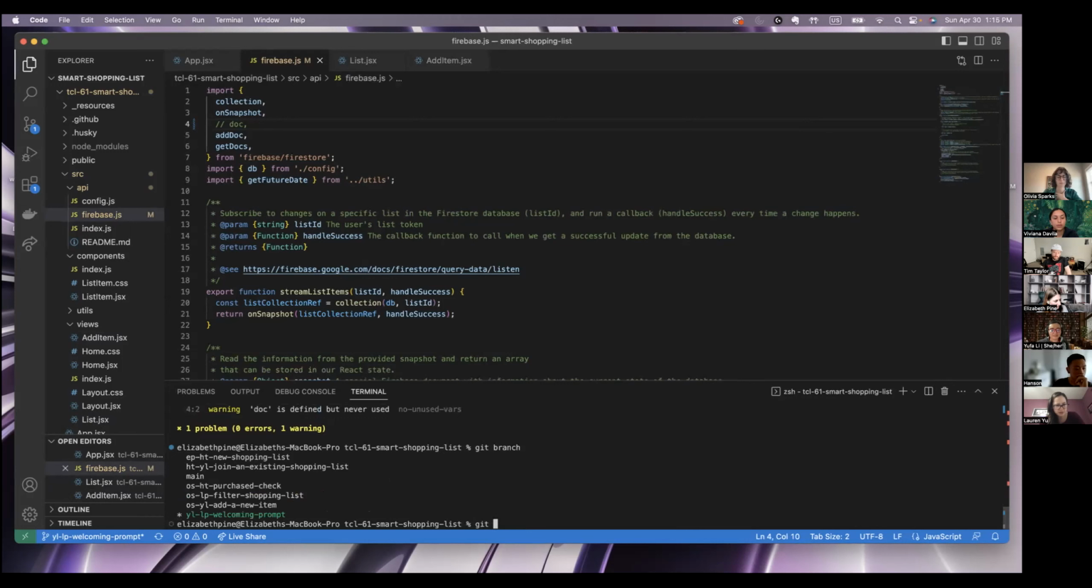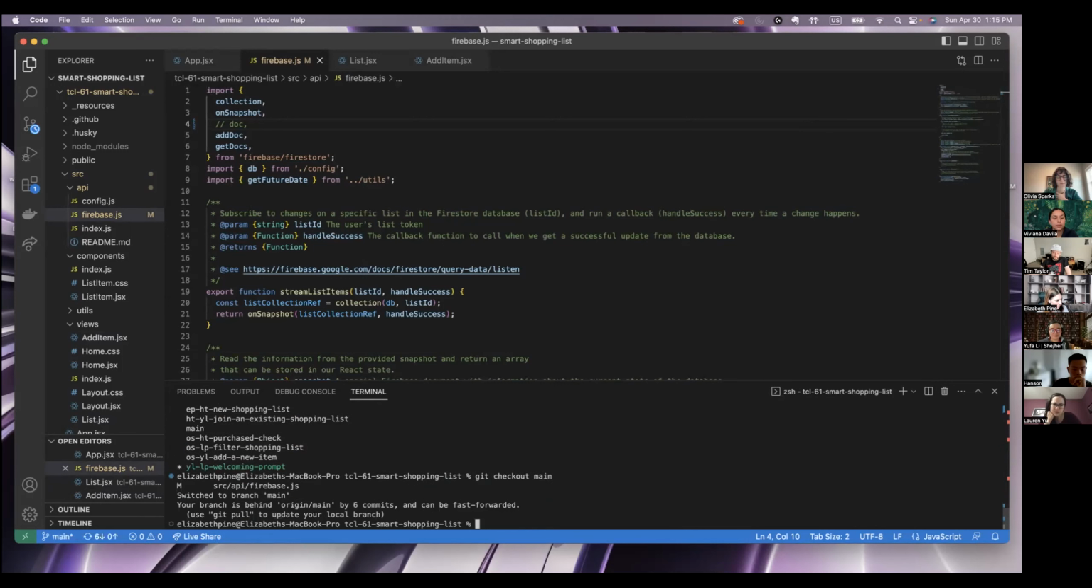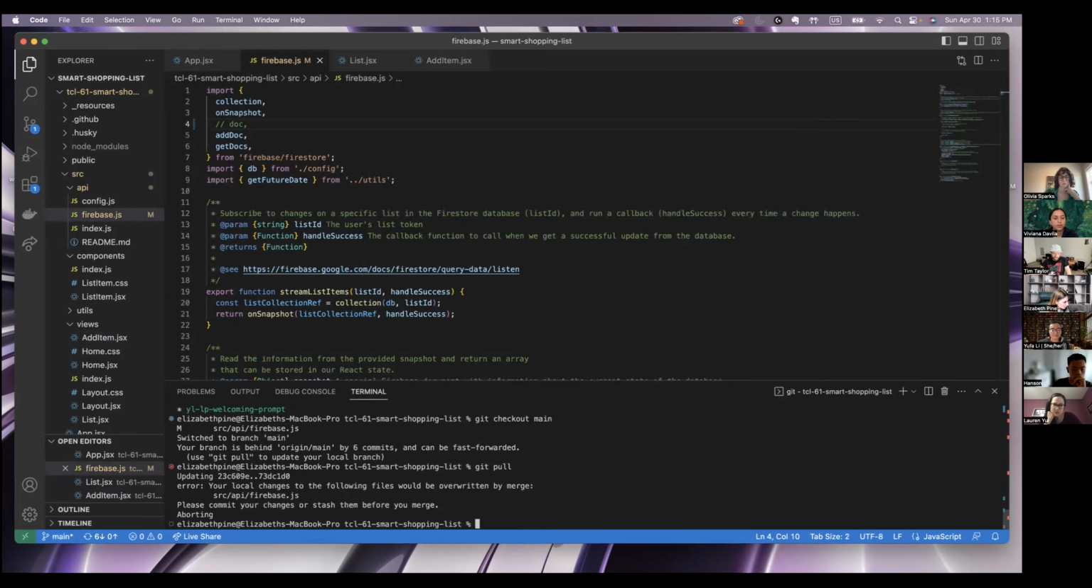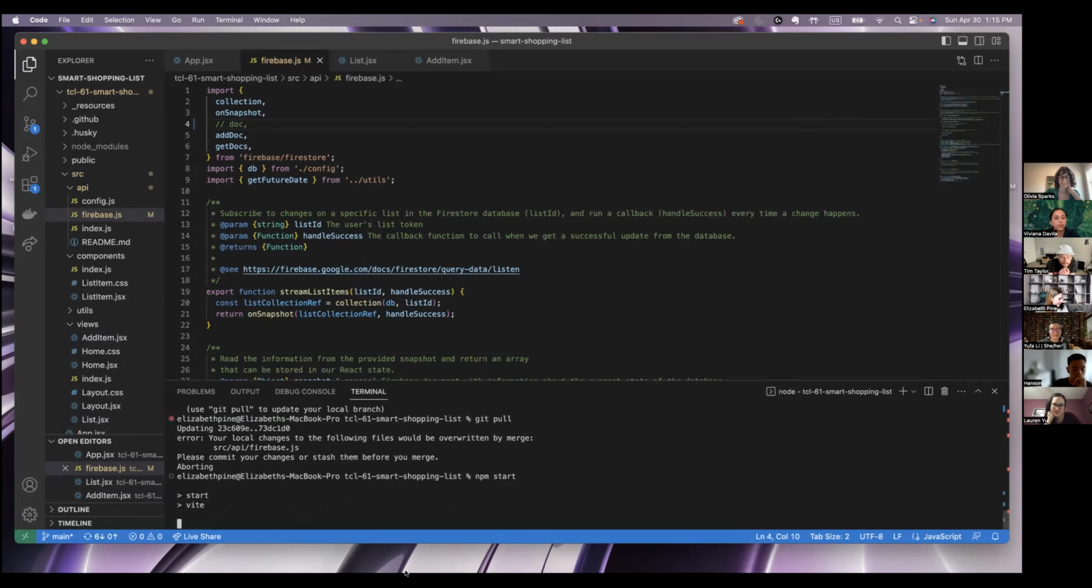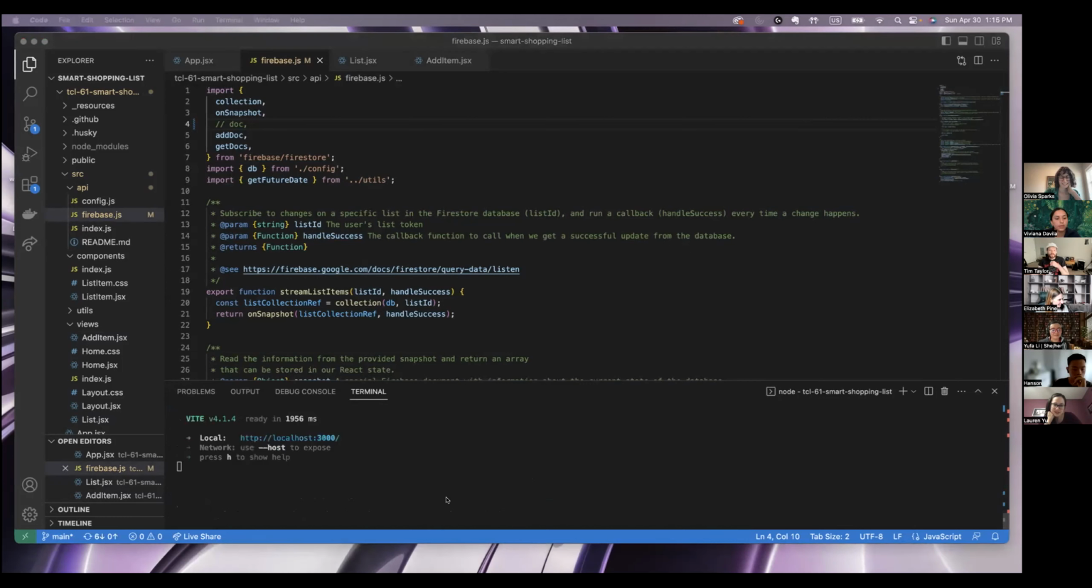Yep, you're right. So git checkout. Okay. There you go. I was on a branch. Oh my gosh, you guys, same issue as I had before. All right. Here we go. Start it up. And we should no longer see this if,